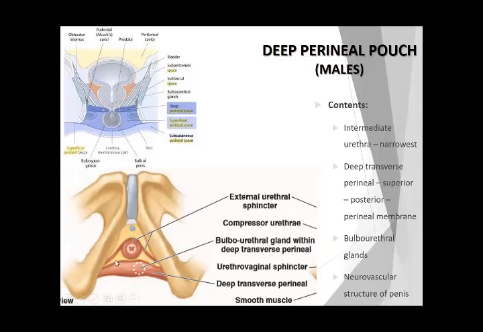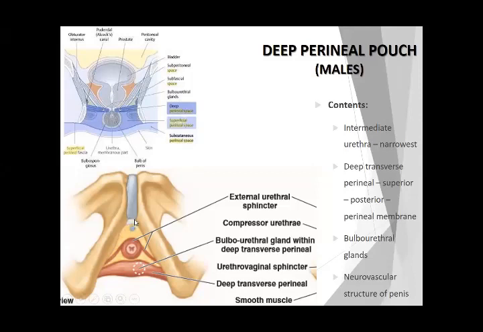Please note one thing, that the perineal membrane, now you can see it clearly over here, is attached to the medial borders of the ischiopubic rami, and it does not go as far as the pubic symphysis. There is a gap between the anterior margin of the perineal membrane and the pubic symphysis,